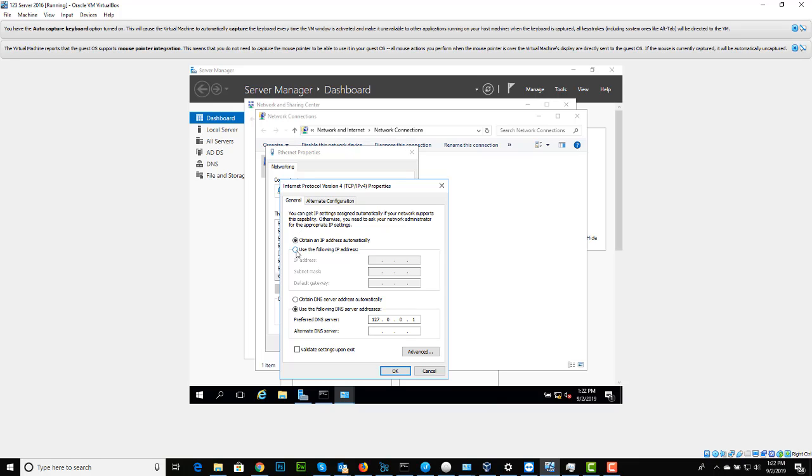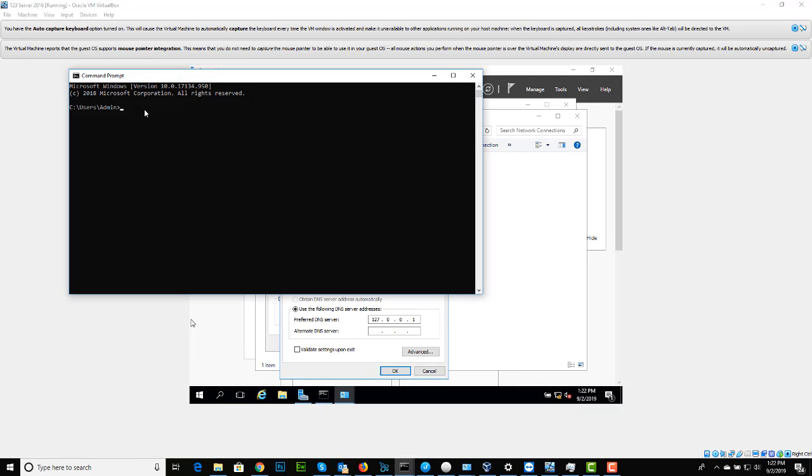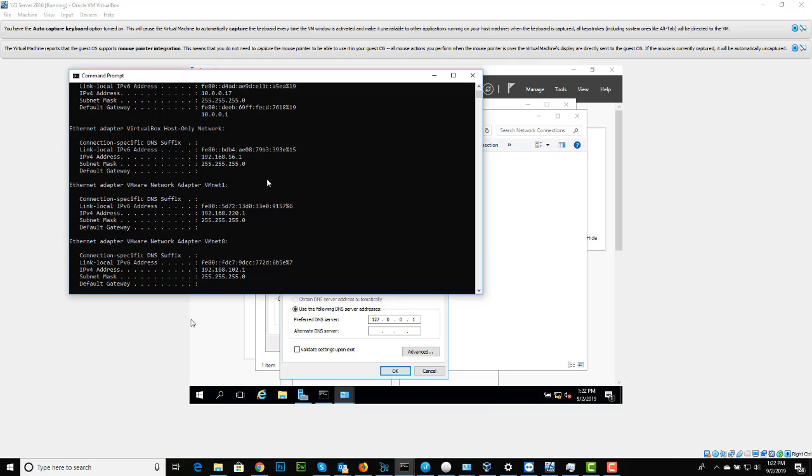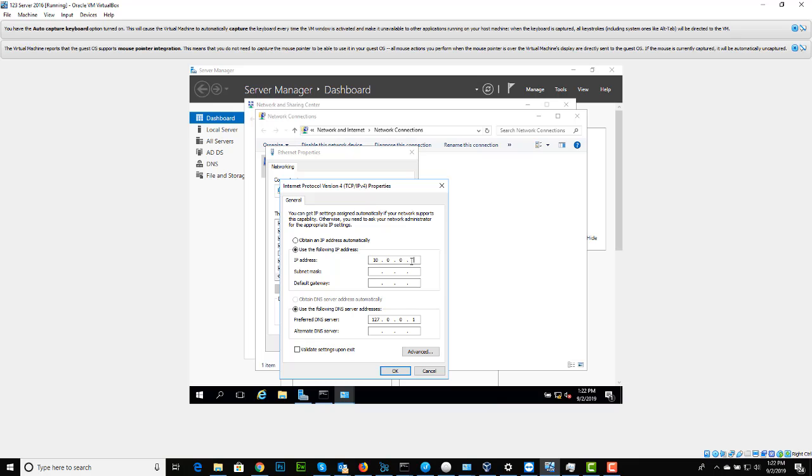Okay, let's do this. Let's give the server... This is my, as you can see here, let me show you. This is my IP setup here. 10.0.0.17. Okay, so we need to find a way to set up the server to 15,